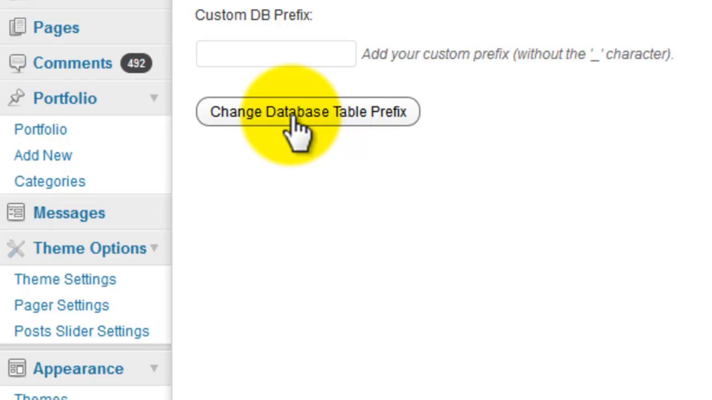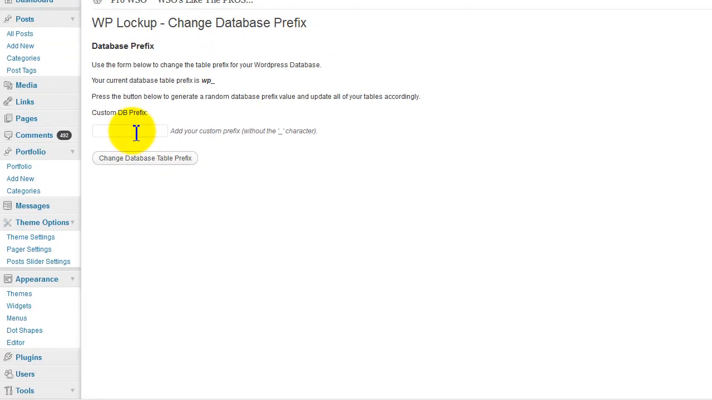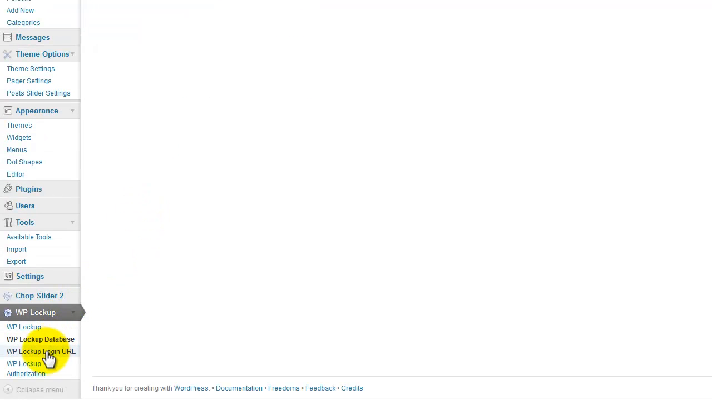Okay, the generated password is very good for locking up your site guys, but like I said, if you really know what you're doing and you want to create your own custom database prefix, do it here. Once again, for most users I recommend using this option here. Very simple, one click guys. Next option,